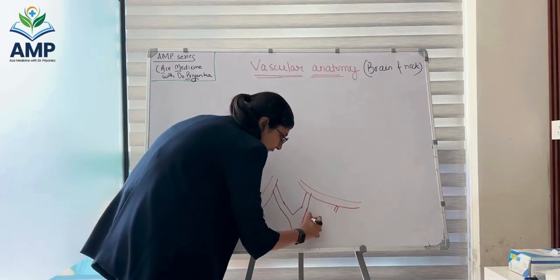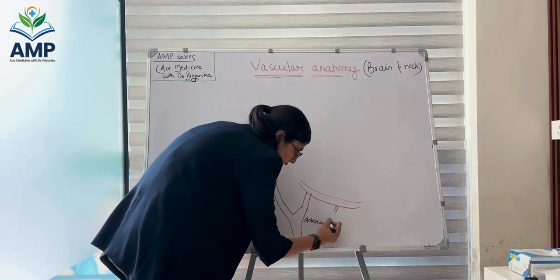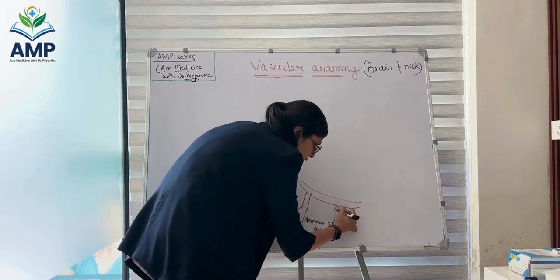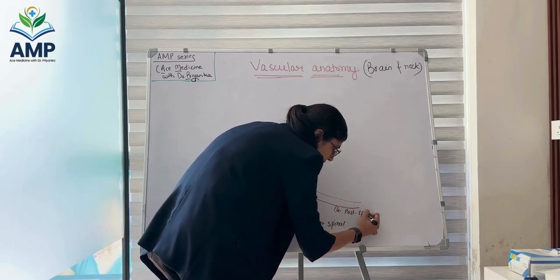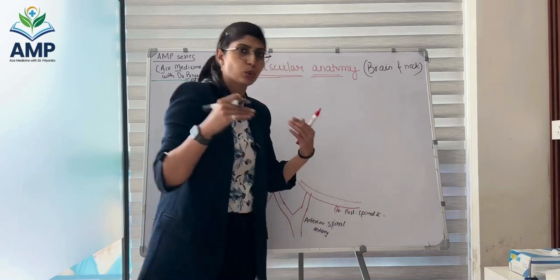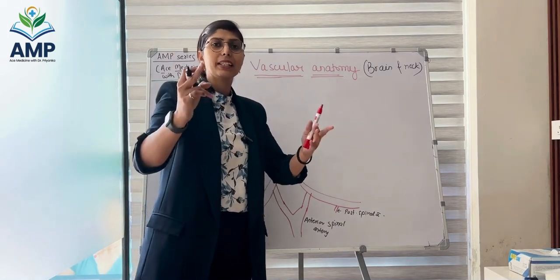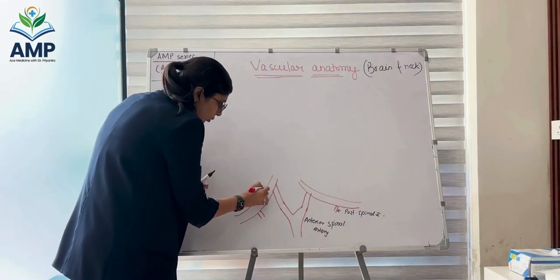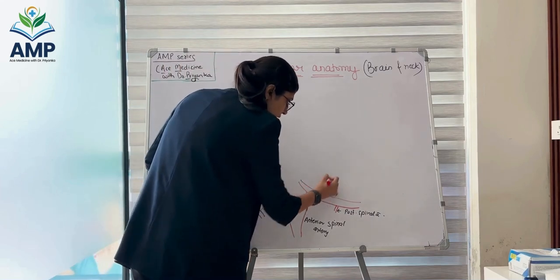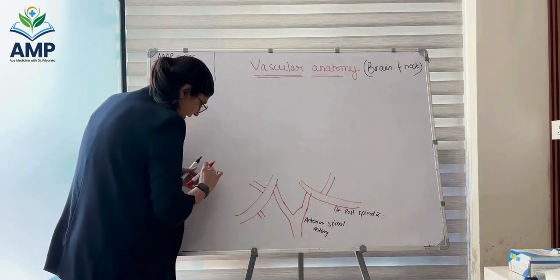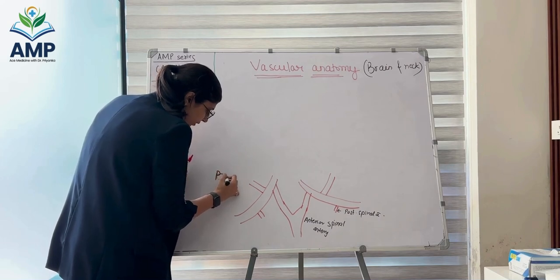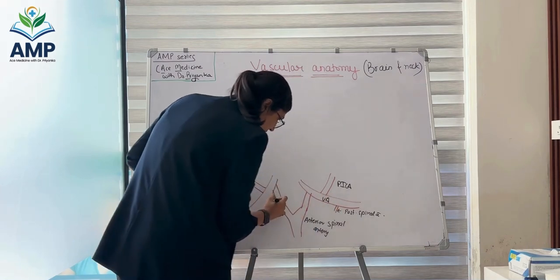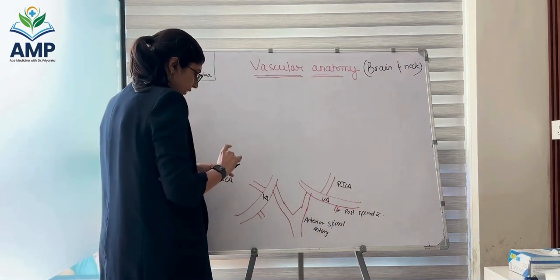So this is the anterior spinal artery, and it also gives rise to the posterior spinal artery. Now the posterior spinal arteries don't join, so our spinal cord has one anterior spinal artery and two posterior spinal arteries at each level. The vertebral artery also gives rise to a branch very well known as the posterior inferior cerebellar artery. So this is the posterior inferior cerebellar artery, a branch of the vertebral artery.